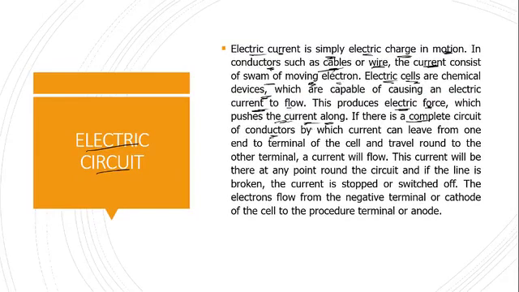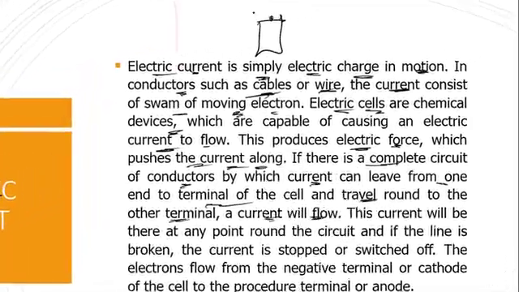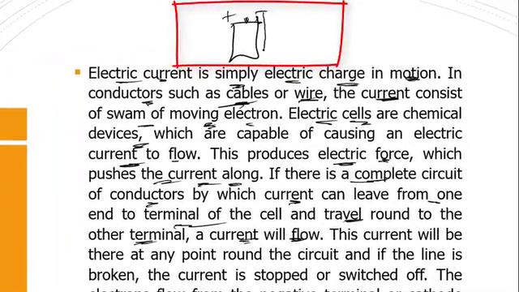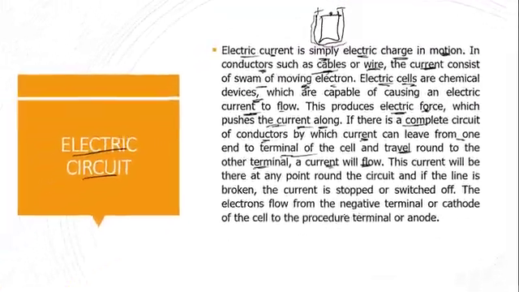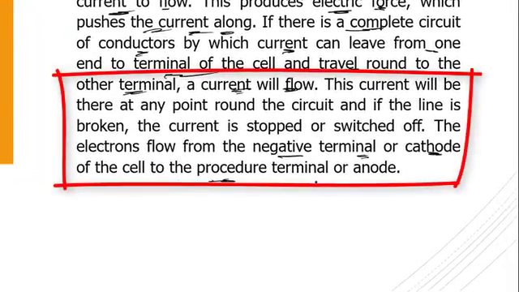And if there is a complete circuit of conductors by which current can leave one terminal end of the cell and travel round to the other terminal of the cell, we say that a current will flow. So if this, for instance, is a cell, and then here we have the positive and we have the negative, and current can flow from here to here, then definitely there will be electricity. But for current to flow, there needs to be a force that will push this current in this direction. Normally, electrons flow from the negative terminal or cathode of the cell to the other residual terminal or anode of